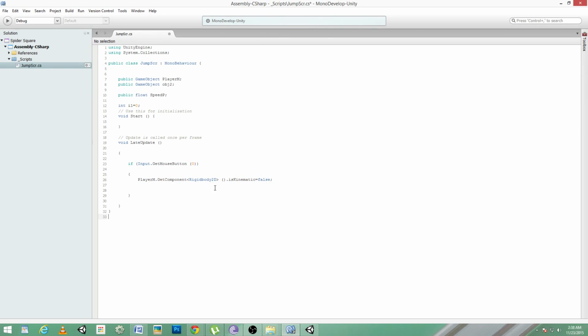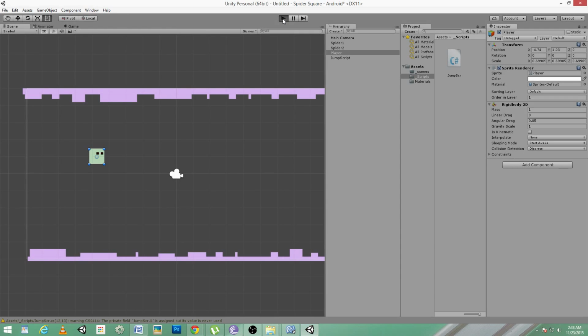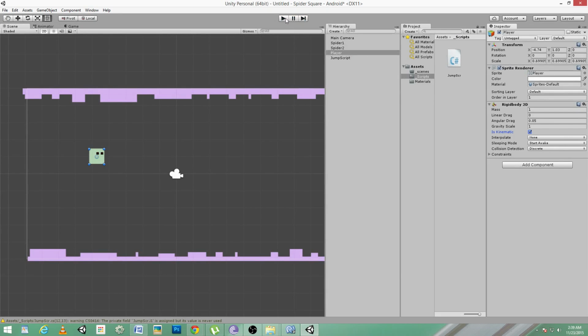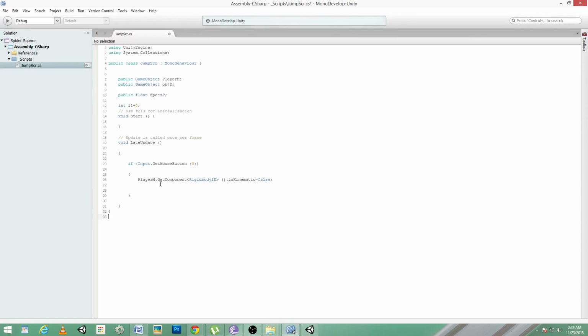the player rigid body's kinematic equal to false, since it is our player and it is a rigid body. Basically it is not kinematic. What happens when I play this? It falls. If it is kinematic, when I play this, it won't fall. For the first touch, we'll be making our player's kinematic false,